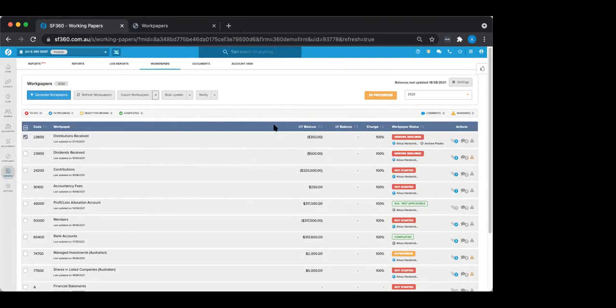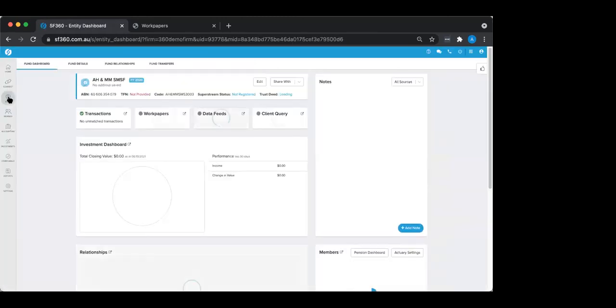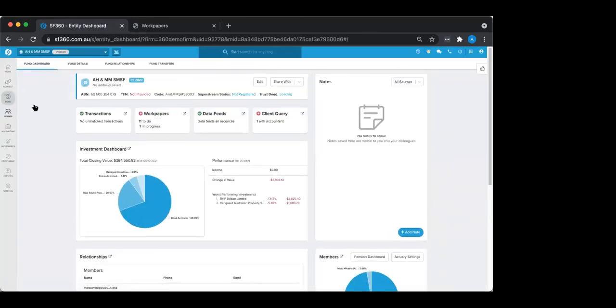Now, I will show you one more thing that is sort of new, because we've still got a little bit of time. Now, on the fund screen, this fund dashboard screen again has recently had a bit of a makeover. Just worth noting on this particular screen, again, from a workflow or management perspective, if you are looking after multiple funds with multiple managers potentially, you have the ability now with this note section here just to capture workflow